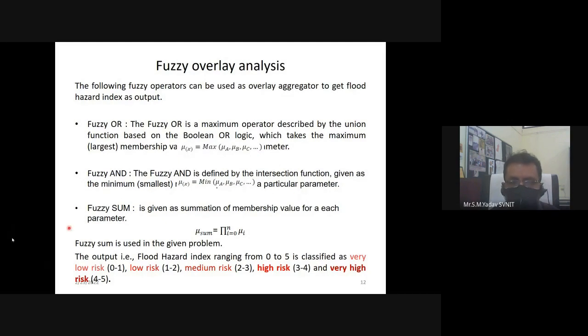Fuzzy sum is given as the sum of membership values for each parameter. If you sum up the values which you have got for all the parameters, then it is called the fuzzy sum. Fuzzy sum is used in the given problem. The output, that is the flood hazard risk index, ranges from 0 to 5, classified as very low risk